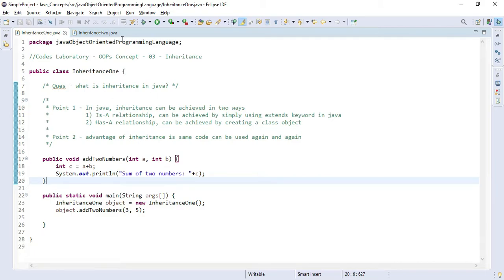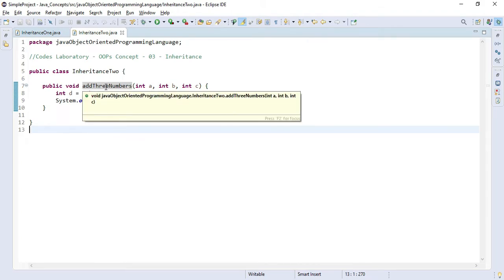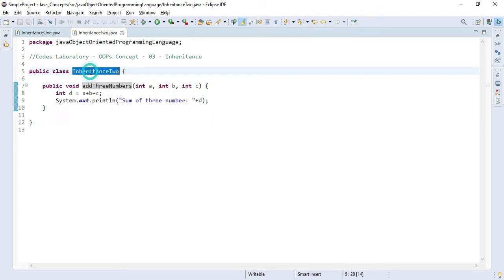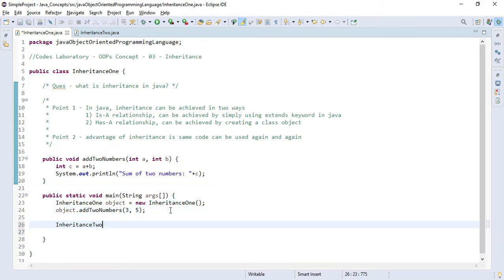So first, if you see, this is the instance method which is created in another class. We already know how to call an instance method by simply creating the object of that class.